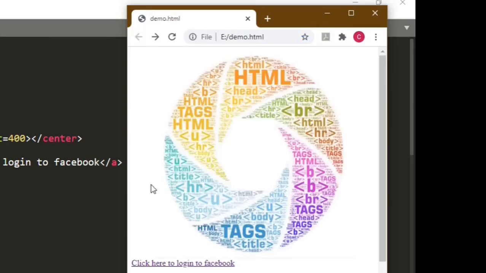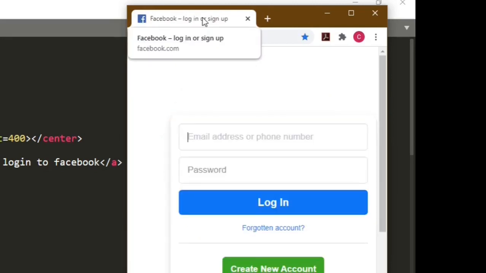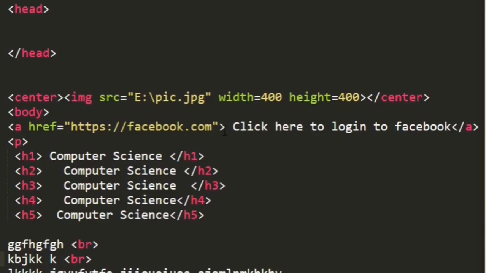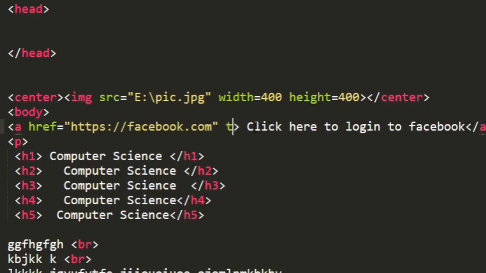But you can see here that when I'm clicking on click here to log into Facebook, it is landing me to the Facebook page, but it is happening in the same tab. So if I want that when I click here, Facebook should open in a new tab, you have to add an attribute to the anchor tag, which is target equal to underscore blank.